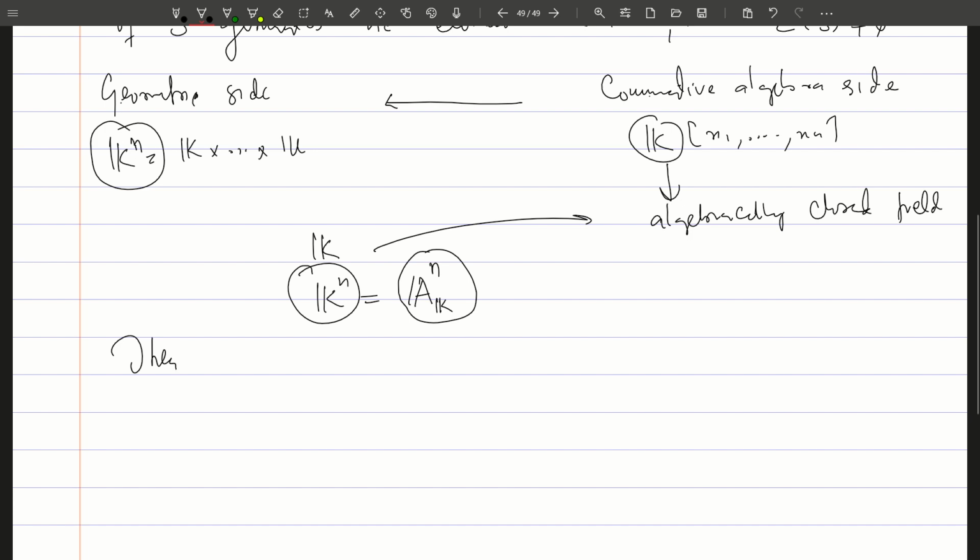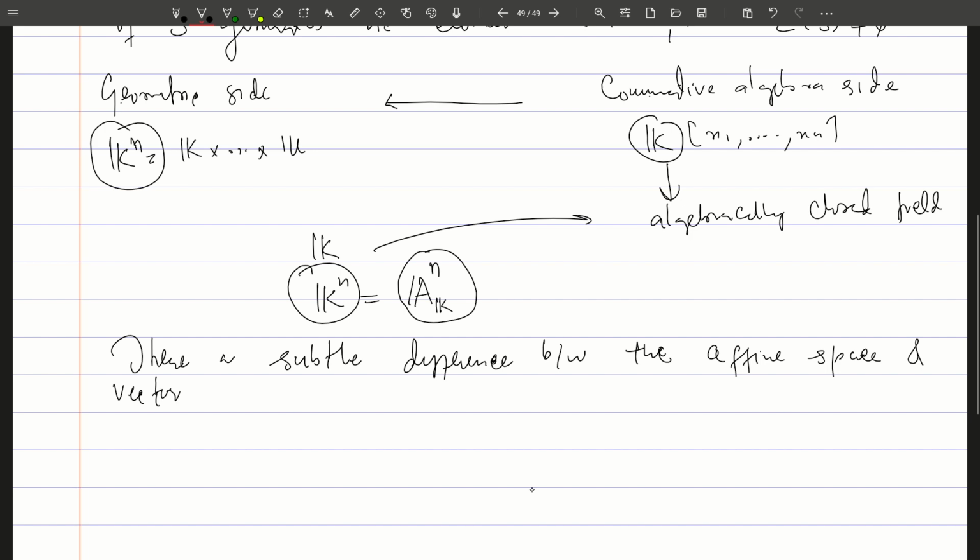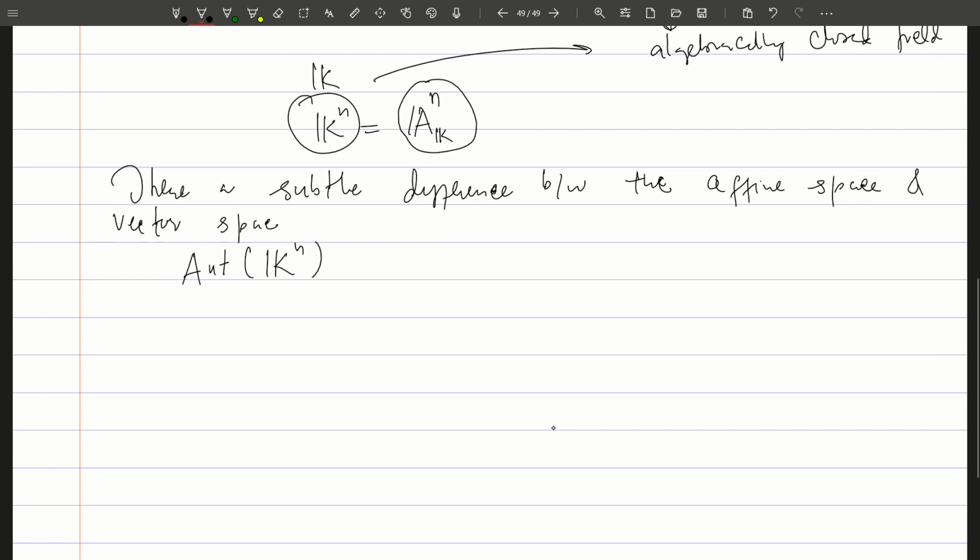So there is a subtle difference between the affine space and vector spaces. So the automorphism group of the vector space Kn is simply the